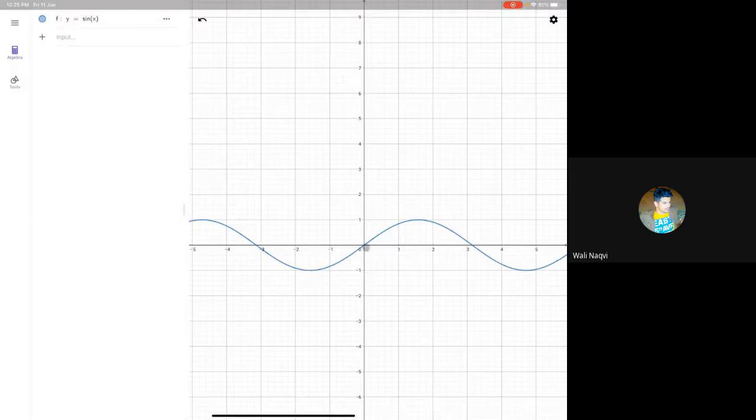See, from here to here, function is increasing. Why? Because value of y is increasing. And from here to here, function is decreasing. Now, between the two ranges, between increasing and decreasing, when increasing, the slope is positive. When decreasing, the slope is negative. So, between those two regions or ranges, there will be maxima.